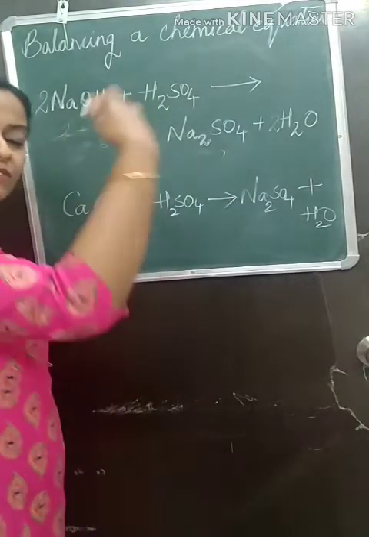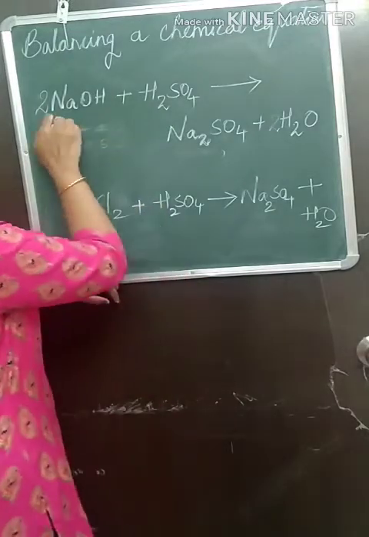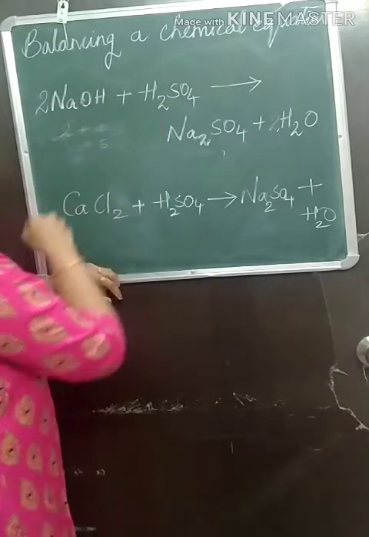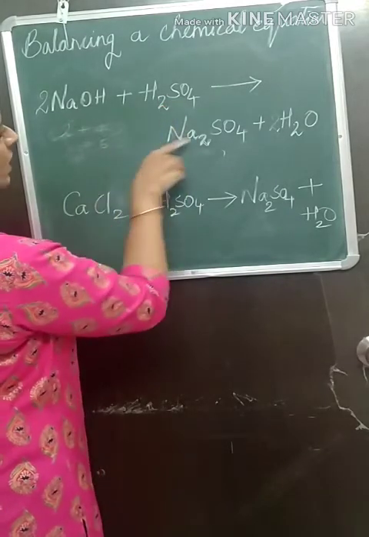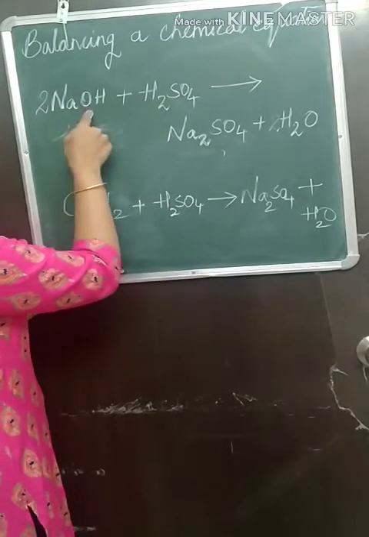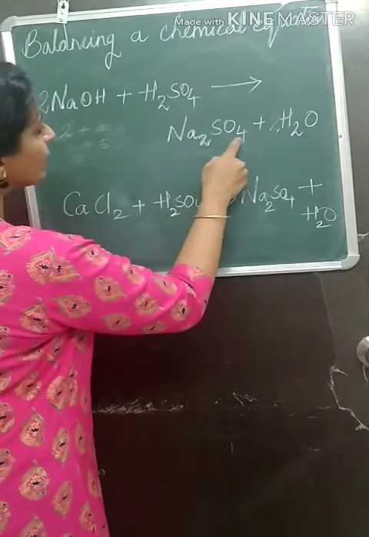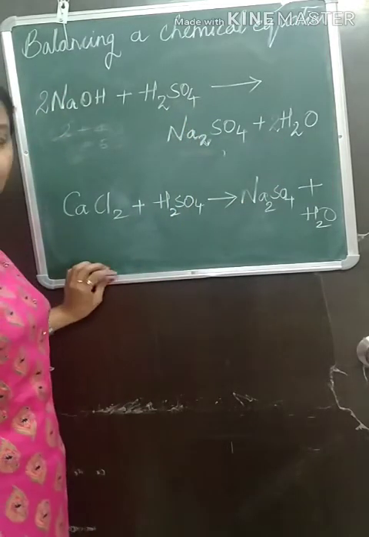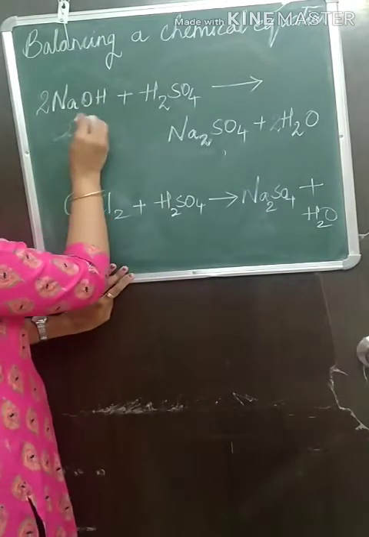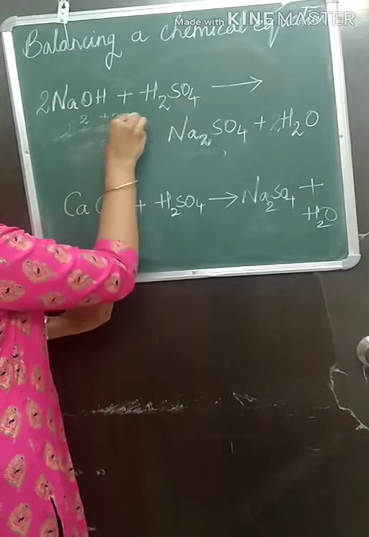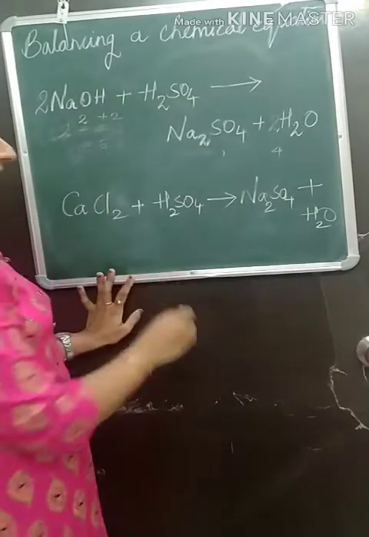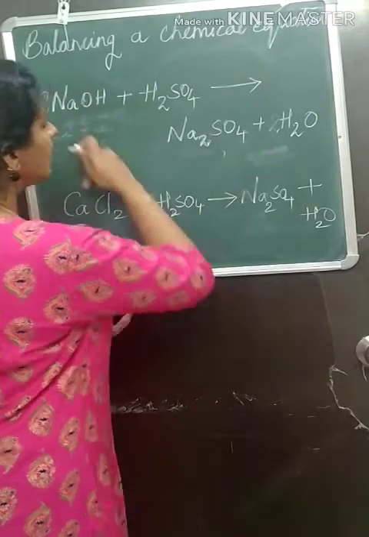Now again we'll have to start with the metal part. Okay. So metal, 2 metals, 2 sodium, 2 sodium. Done. Then we'll talk about non-metal sulfur. Sulfur 1, sulfur 1. Then just now we balanced oxygen. 2 plus 4, 6. And here 4 plus 2, 6. Oxygen is also balanced. At last we will come to hydrogen. Hydrogen here 2 and here also 2. So 2 plus 2, 4. Here you have hydrogen, 2 2s are 4. So it is balanced. So this is a balanced equation.